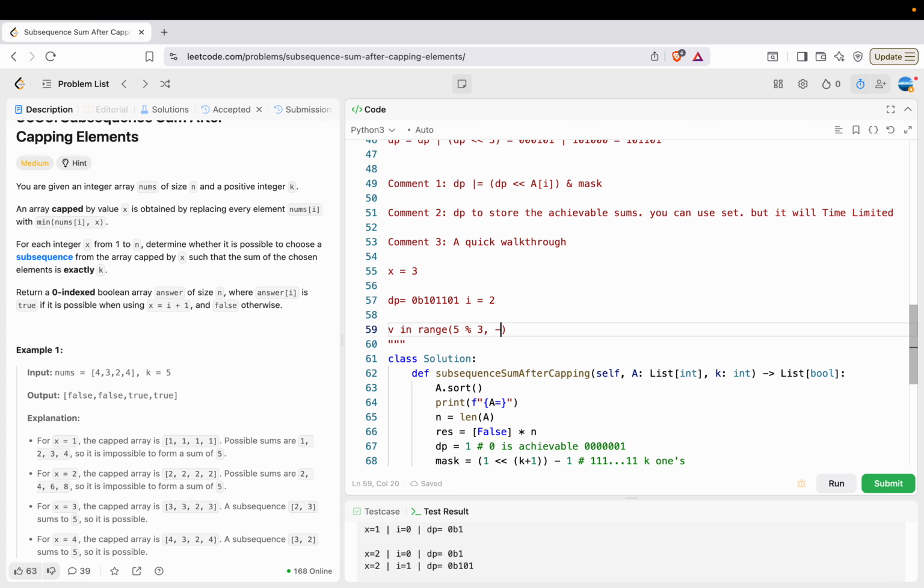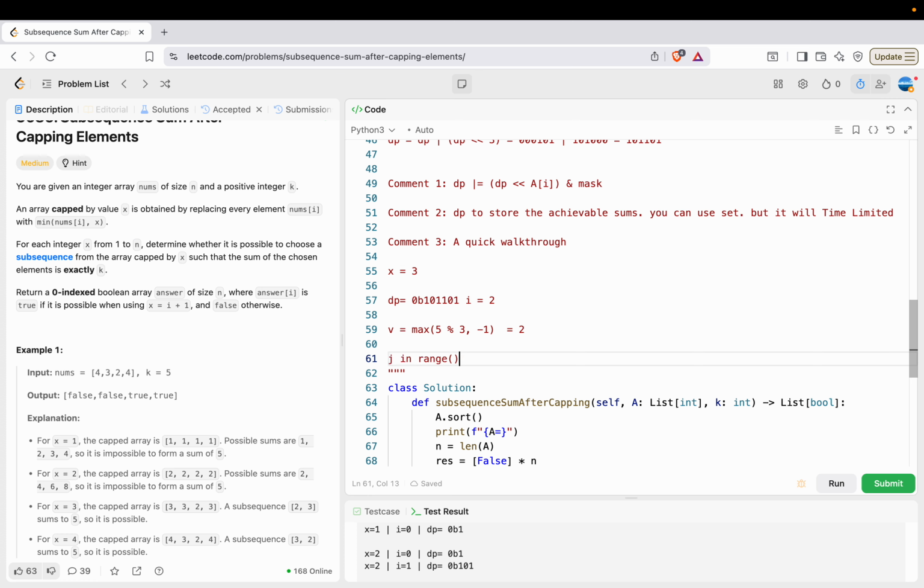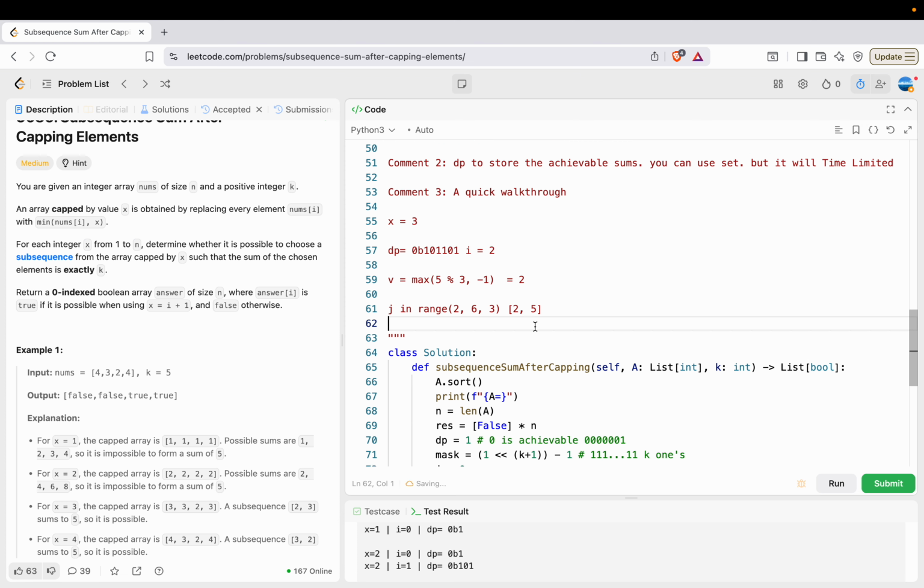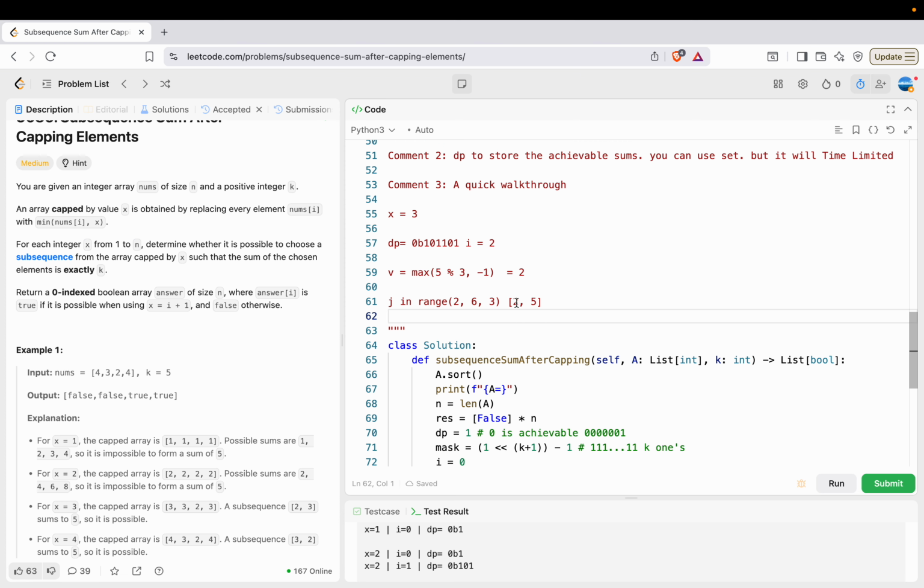So v is this larger one, so max, this will be 2. So we want g in range, so v, that is 2, and then 5 plus 1 is 6, with the gap 3. So in other words, we iterate 2, 5. So we want to check if the sum 2 or 5 is achievable. If 2 is achievable, because we just need to use one 3 here, right? If 5 is achievable, so 2 corresponds